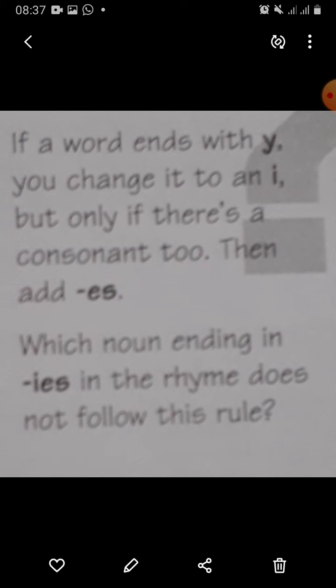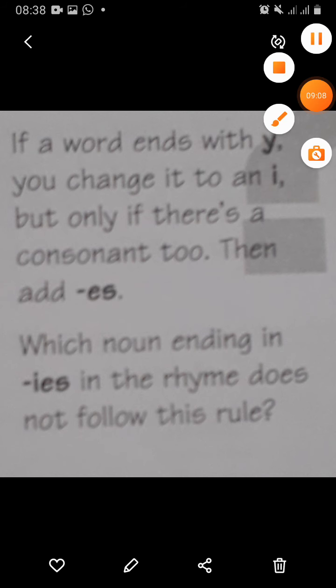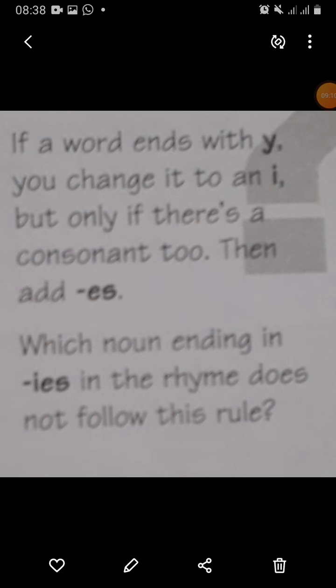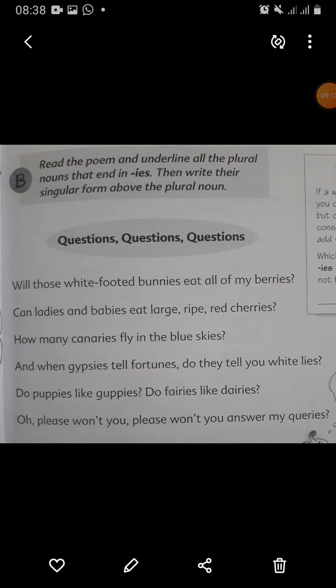First of all, if a word ends with y, you change it to an i, but only if there's a consonant before it. Then add es. Which noun ending in ies in the rhyme does not follow this rule? Now, B part of page number 9.